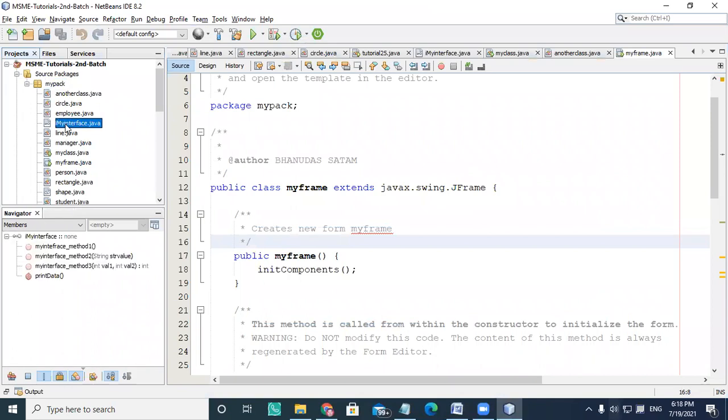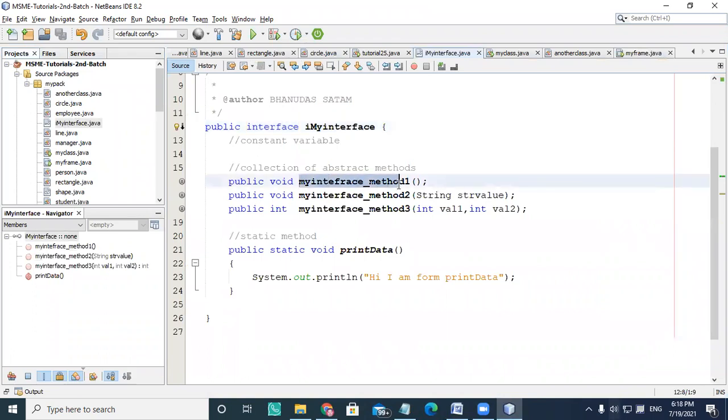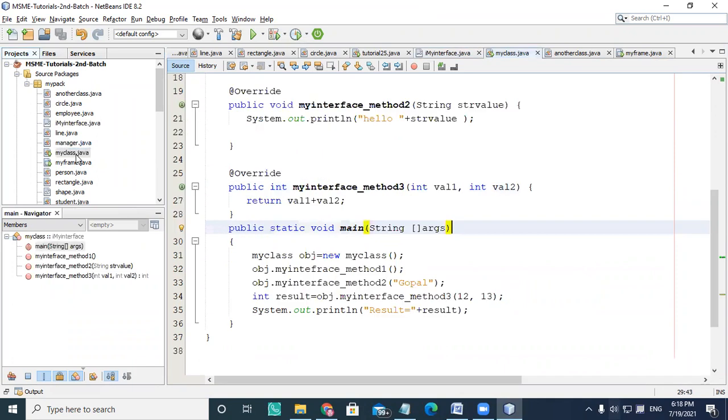So I'm going to write a body of my interface method 1, 2, 3, but without changing the signature here. If you look at that, in both the classes I'm keeping the signature the same, using my integer value here, because it requires an integer as an input. This is a string value, and I'm returning from the method a result, which is of integer kind.